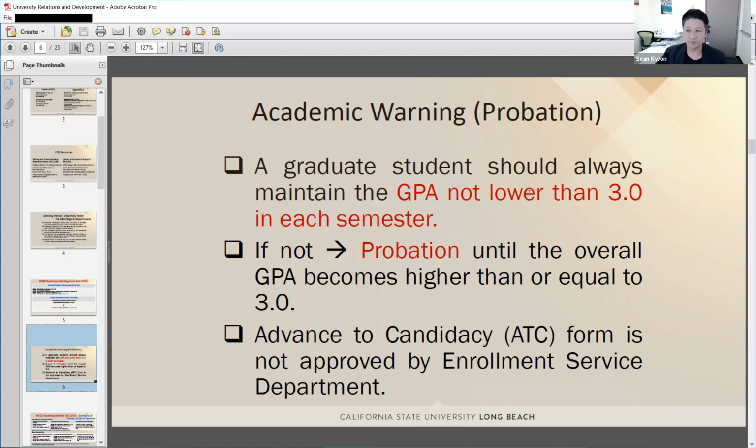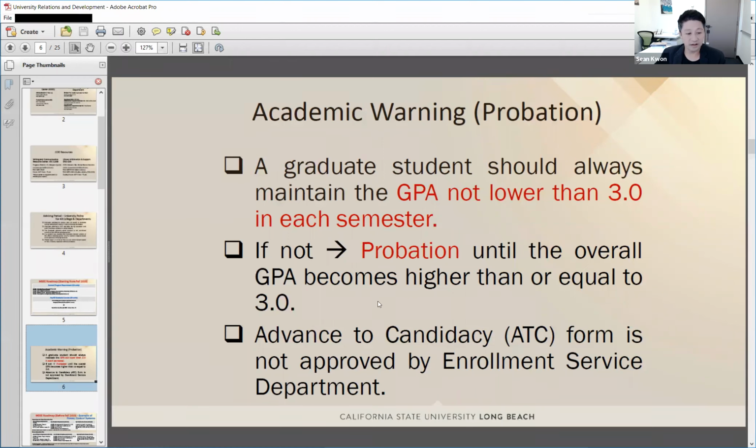So each semester, we need to maintain a GPA equal to or higher than 3.0 to avoid this situation, academic warning or probation. If not, you will face an academic warning or probation situation, and there will be several constraints on your academic work or activities.